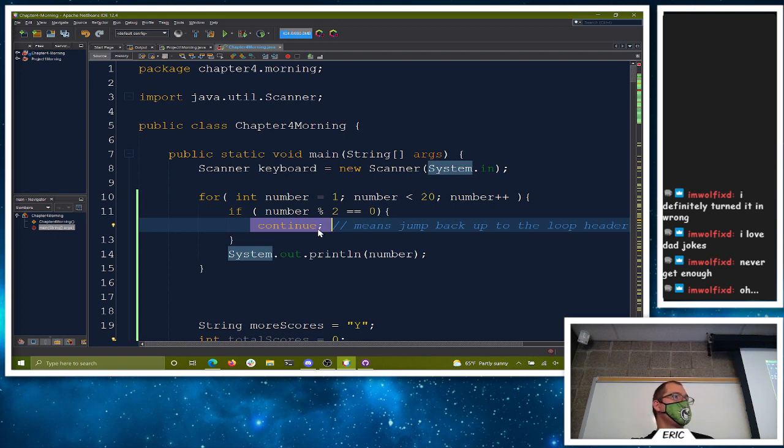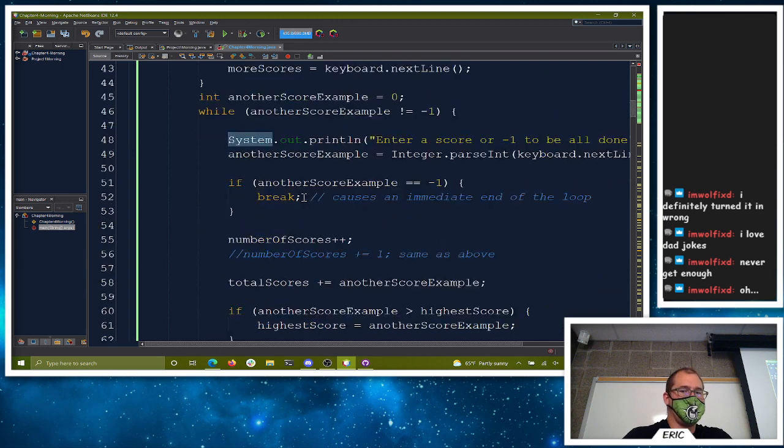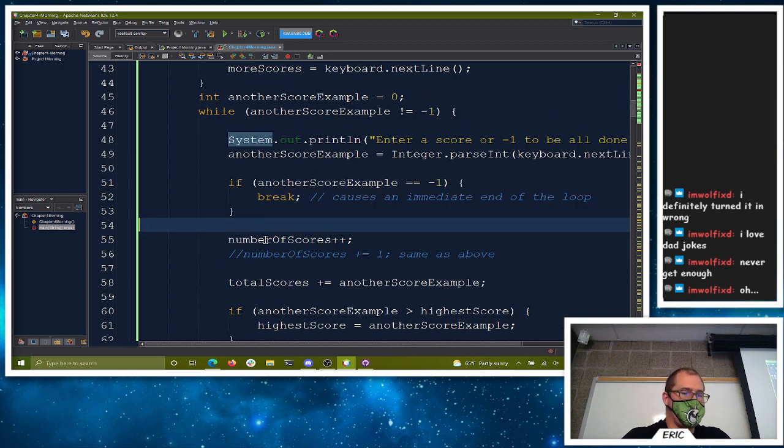So perfectly legal Java code, perfectly fine to use them, but it just can make it a little bit harder for other people to read your code. So generally we try and avoid them if possible. But they are powerful, and there are great uses for them. Not that they're bad, but if you can avoid using it, maybe it's better. Like this, sure, or we just have another if here instead, right? Not too big of a deal.